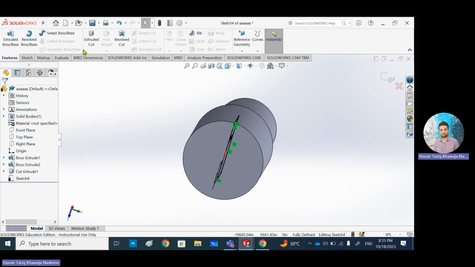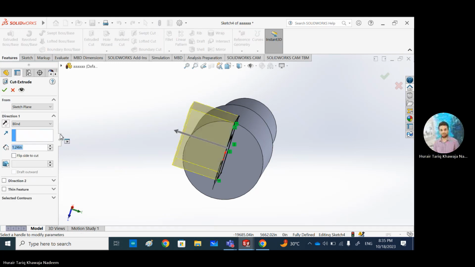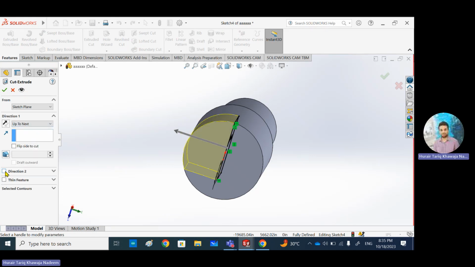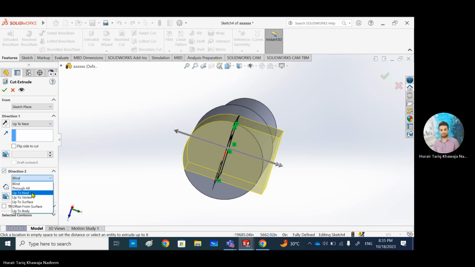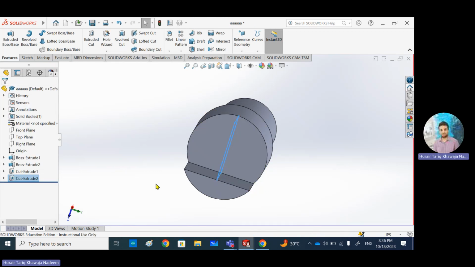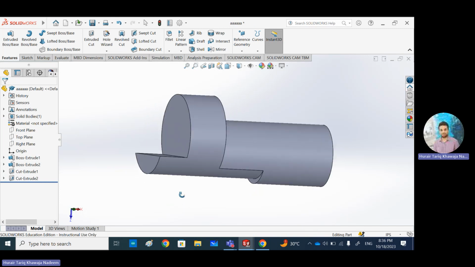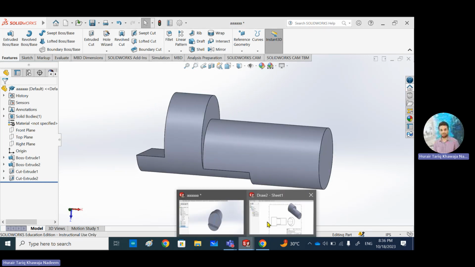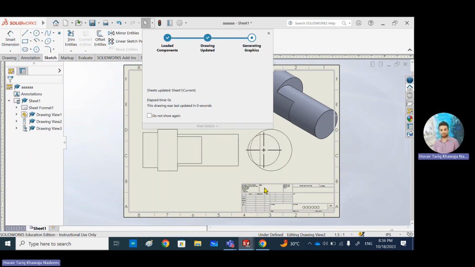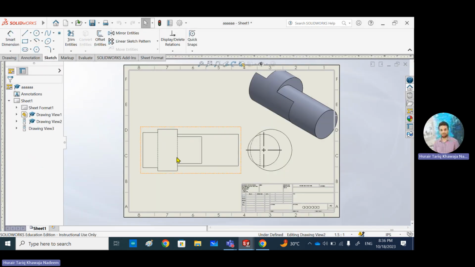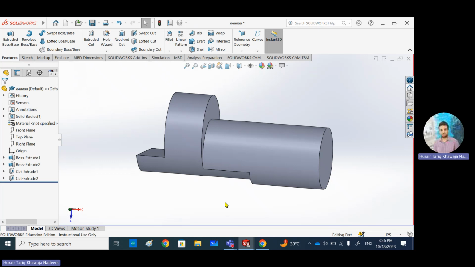Now what we'll do is an extruded cut, not blind, up to the next, and in the second direction also up to the next, and click OK. And there it is. Okay. So you can see that now this is going to update, and you see that you have a cut over here. Now, this is because of the orientation. The orientation is not correct. So let's make this orientation isometric. When you make it isometric, you will see